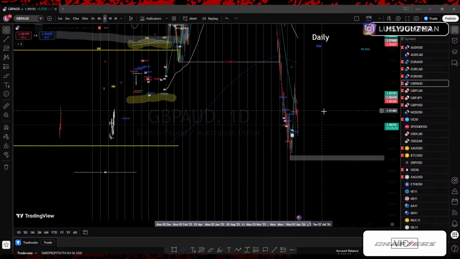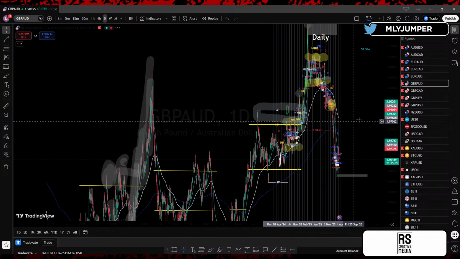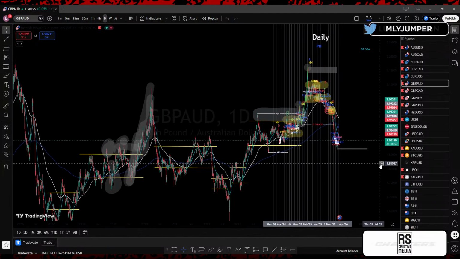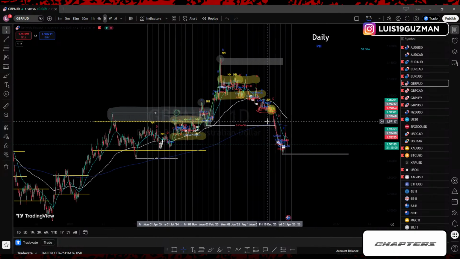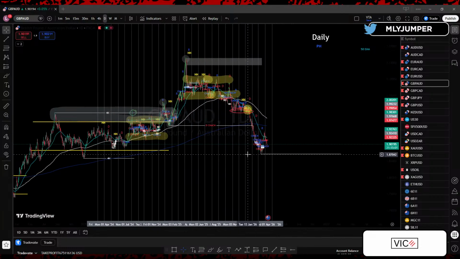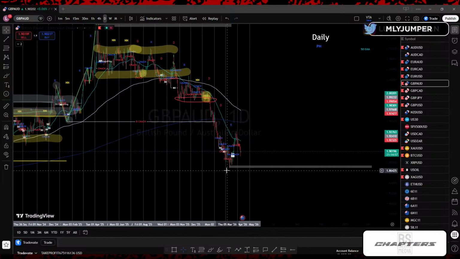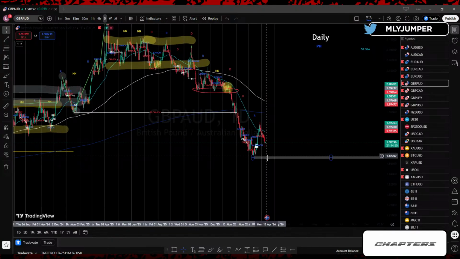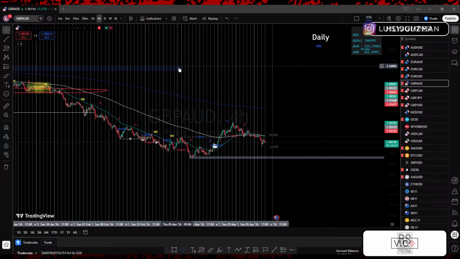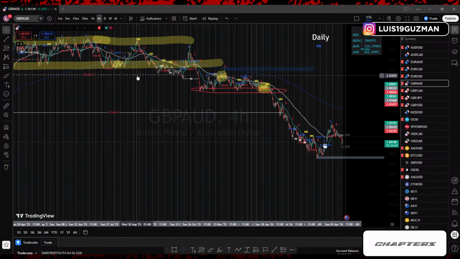For GA, this is another pair similar to EA, I believe, or ECAD, where we're in peak high. Price finally gave us that change of character down to the downside, right? So what I'm looking for on GA before I even trade it is a valid break of the lows, a valid break of structure after the change of character to confirm the shift in the overall trend. On the 4 hour time frame, we had a 4 hour change of character.